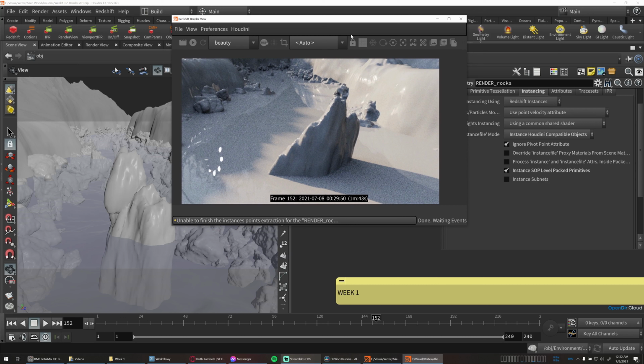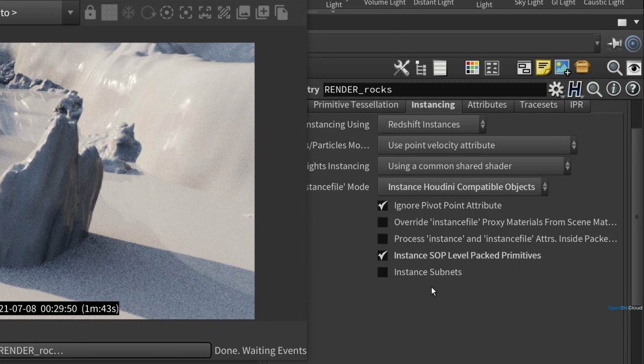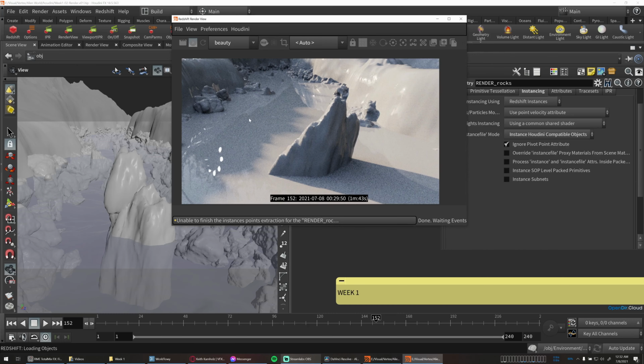You can pack the object in memory and copy it to points, and there are different ways of handling packed geometry, and the Redshift form of instancing seems to not handle packed disk objects correctly. So if we turn off this Instance SOP level packed primitives option and then rerun the render, this is probably going to give us the rocks in the correct position,